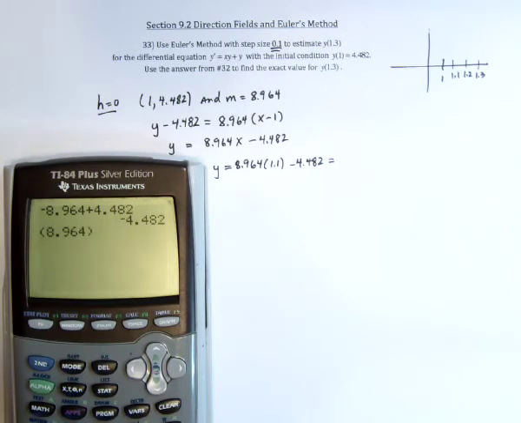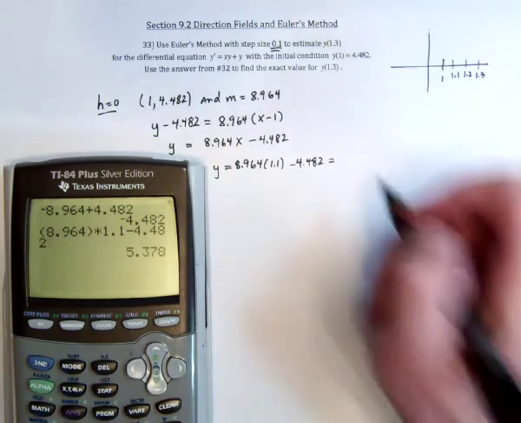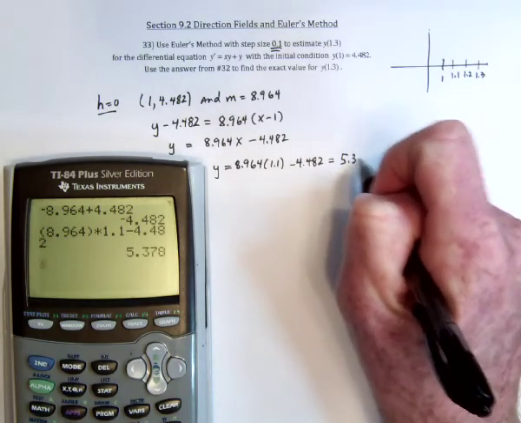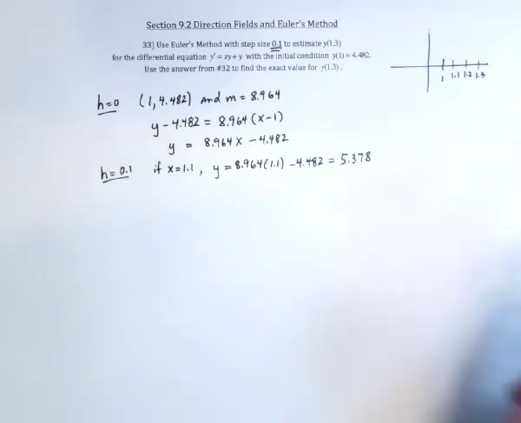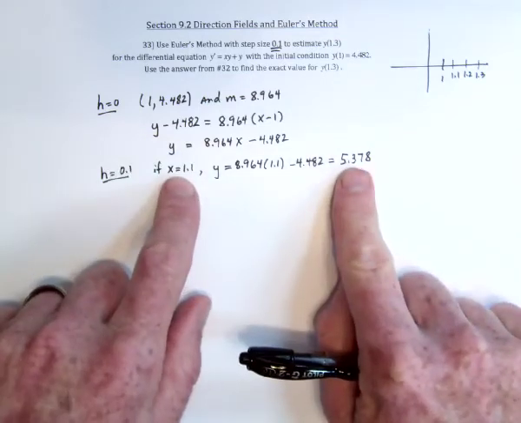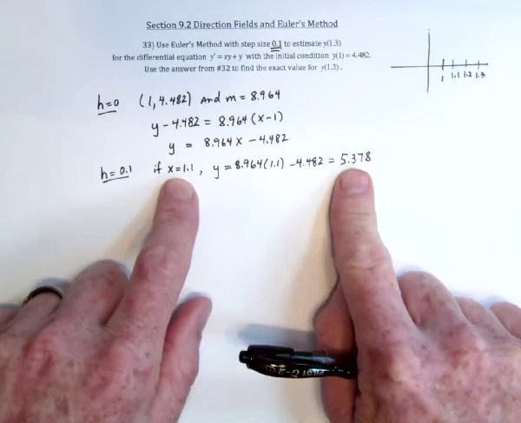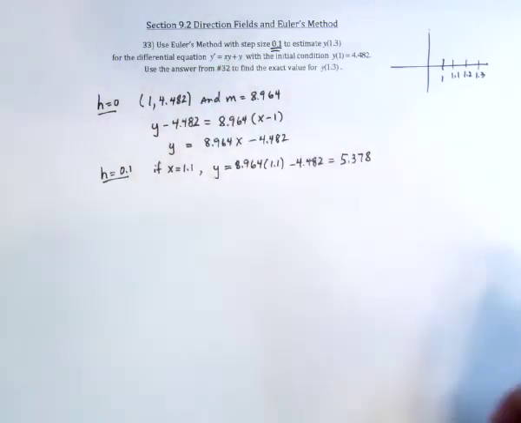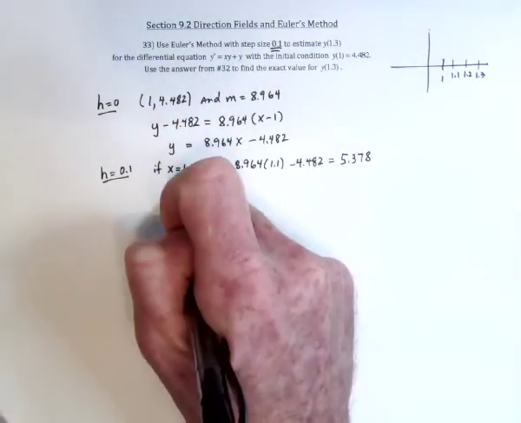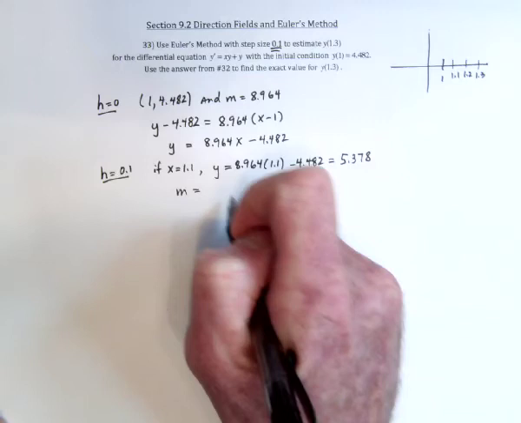8.964 times 1.1 minus 4.482 gives 5.378. So now we've got a new x and y value. Now take these new x and y values, put them in there, and find out what the slope is going to be. So the slope is going to be x times y